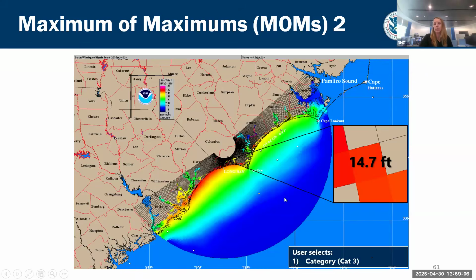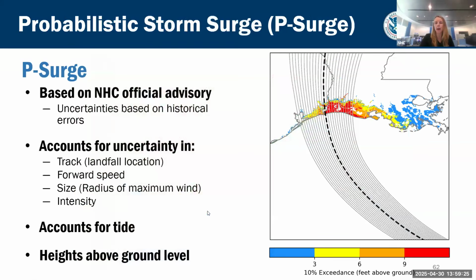So the MEOW we looked at was not too much different than what you see now, but there are areas on the map that had different vulnerability to those different MEOWs. And so this is the MOM. It is your category 3 MOM. So that finishes up the risk maps. And so I'm going to move on to the real-time products.